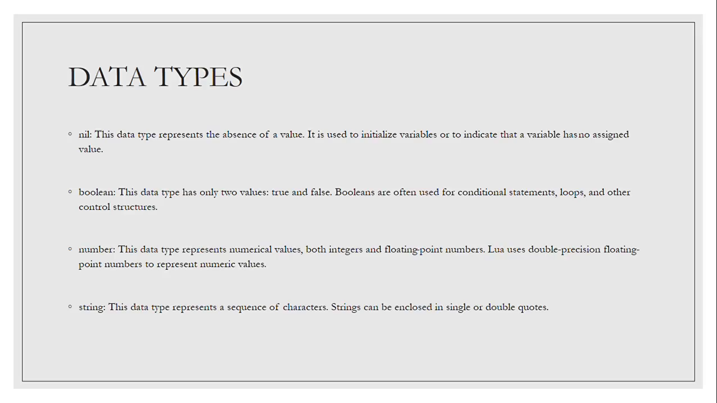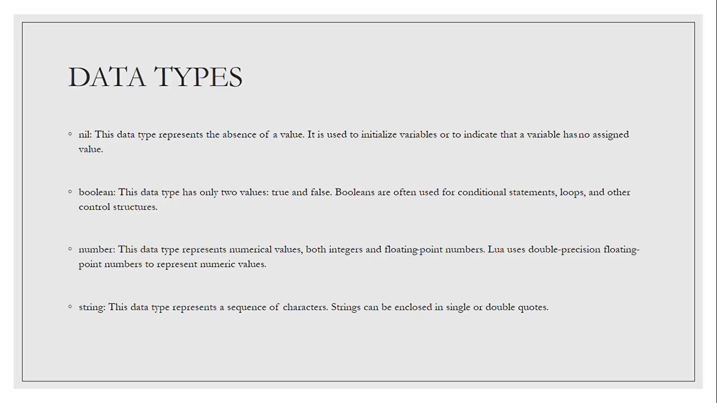Next is Boolean, which is a type having only two values, true and false. Booleans are often used for conditional statements, loops, or other control structures. Next is number, which represents numerical values, both integer and floating numbers, and it uses double precision floating point numbers